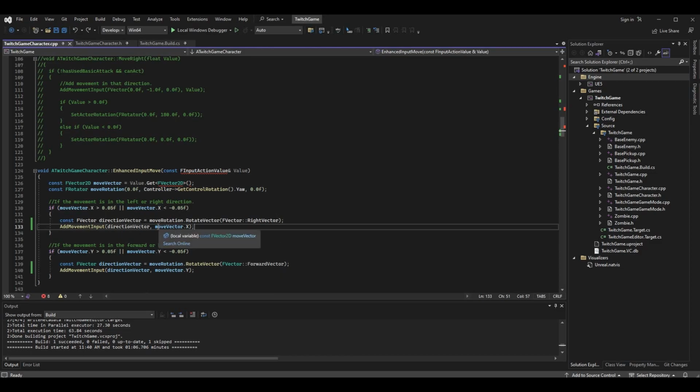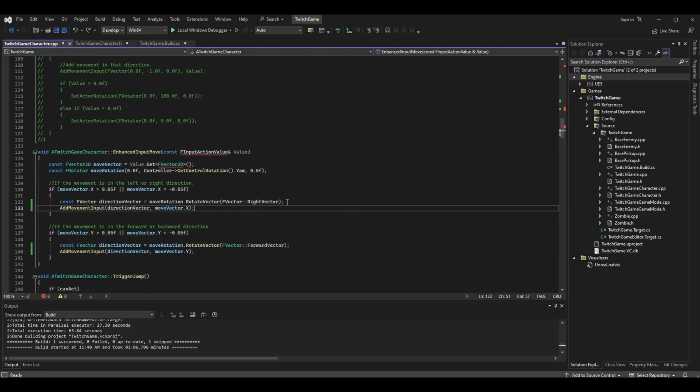As for the value, we want to use our move vector.x because that's what we were checking here. Notice we were checking value is greater than 0, then using it. Well, here we're doing the same thing. We're checking to see if move vector.x is greater than 0.05 for the dead zone, and so I'm using that move vector.x. Now the forward and backward direction is essentially exactly the same, just we're going to use the y-axis